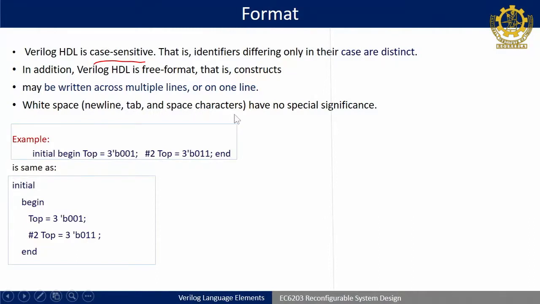So, you can use white spaces also, those include new line, tab, and space characters. Sometimes white space is used only for differentiating between two lines, or just to know that there is a space between two identifiers. Okay. So, these can also be used. This is about the formatting of the coding, which we already did in previous classes.